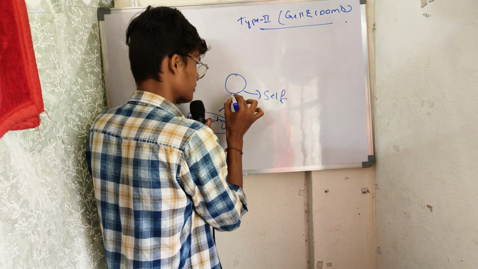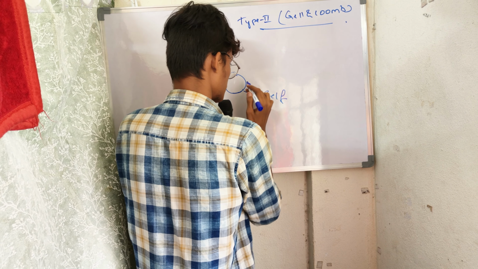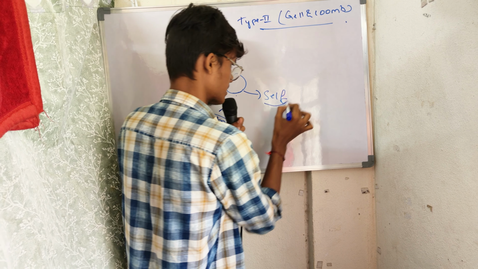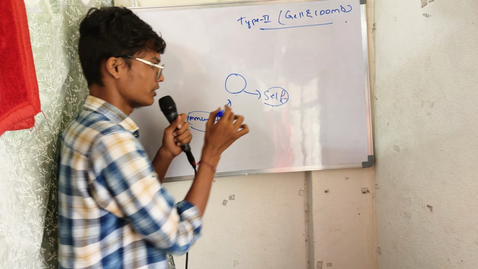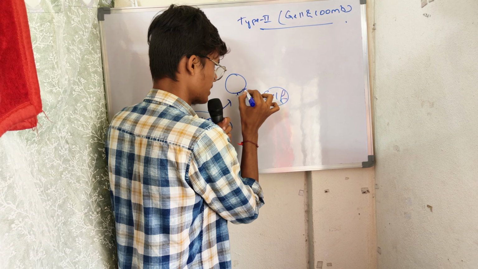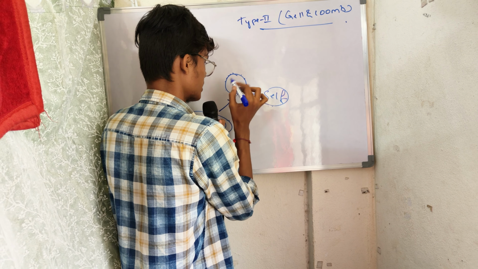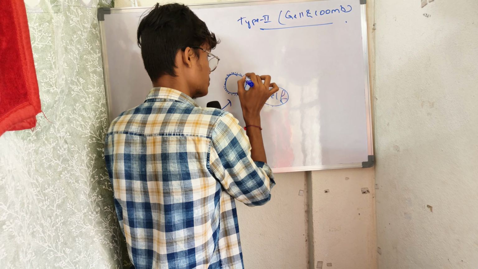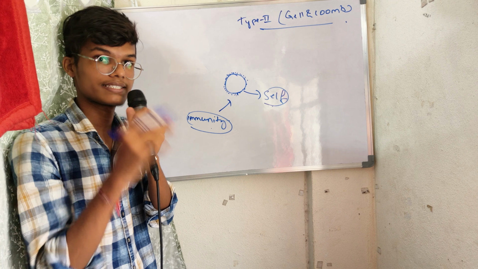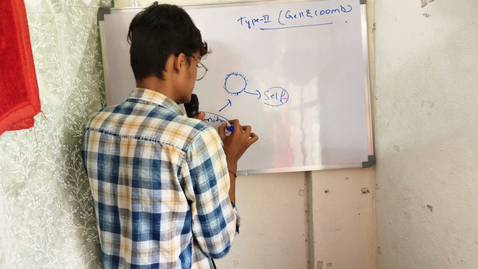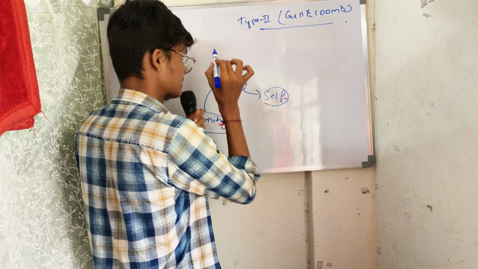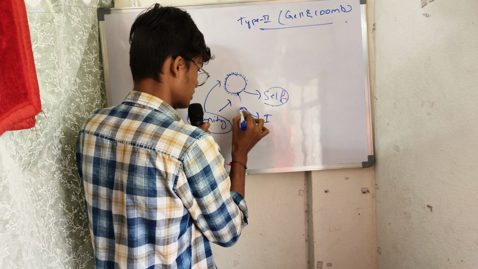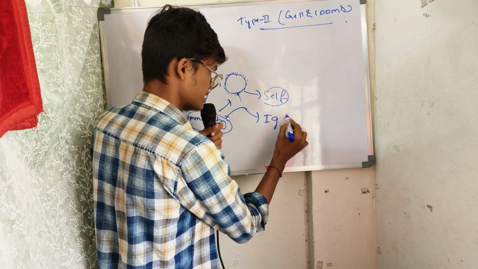Why self? Due to some proteins and receptors in the membrane, the immunity thinks that this RBC is self, so it won't destroy it. But due to some genetic susceptibility, the membrane of the RBC has changed, and some molecules which are antigens that came from the environment are changed. What happens? The immunity thinks that it is not self, and then produces IgG